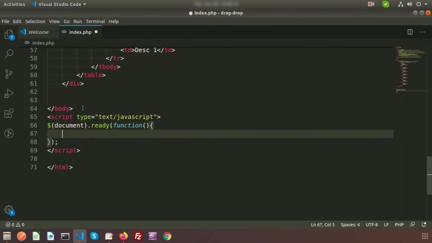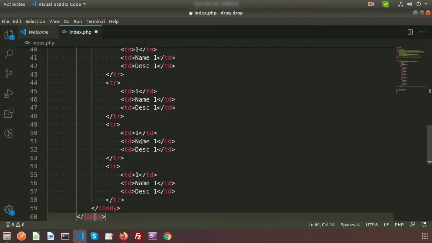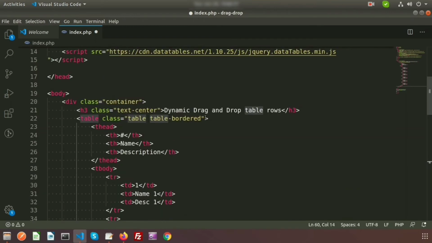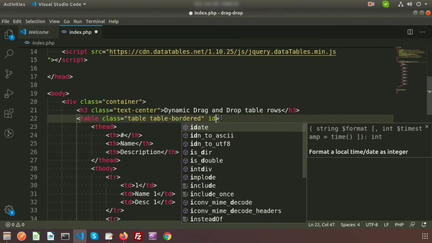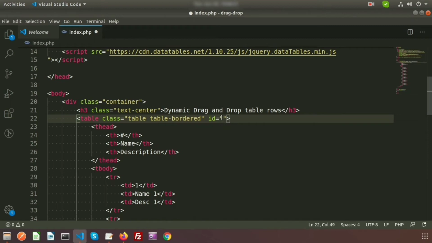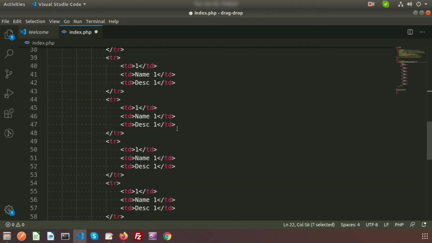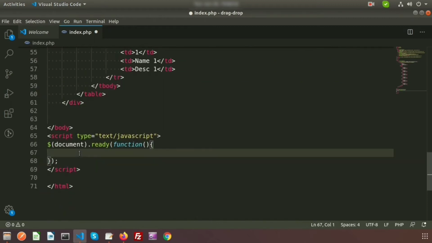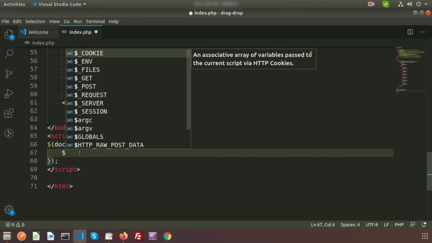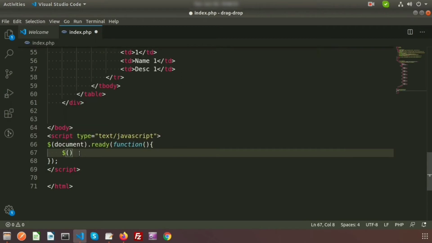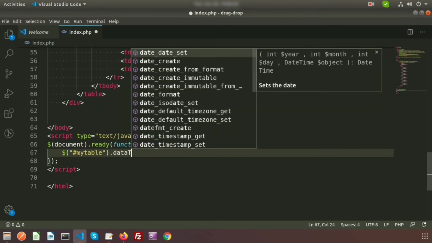and start the function. So here I want to add the table ID. So this is my table and ID. Suppose the table ID is my table. Okay, so write here my table, and we will initialize the DataTable using the my table ID. That's the reason we need to use the hash. So write hash my table and call the DataTable,